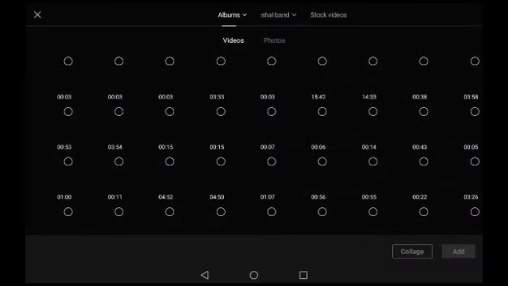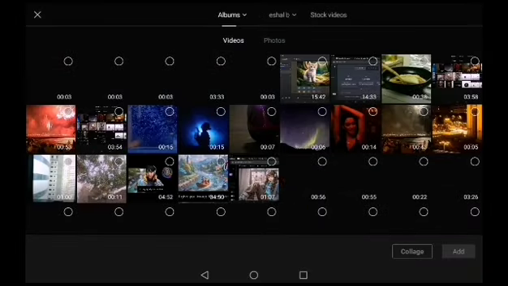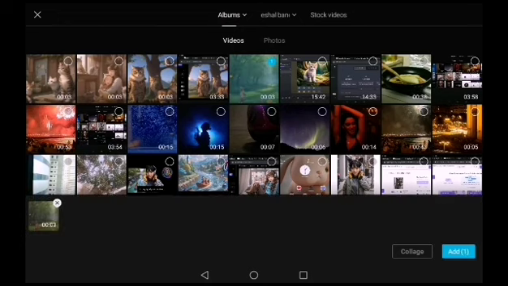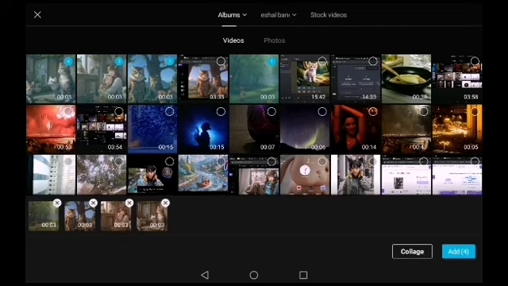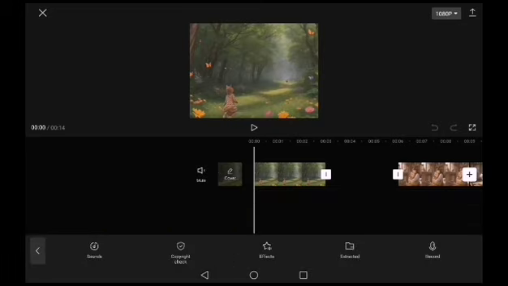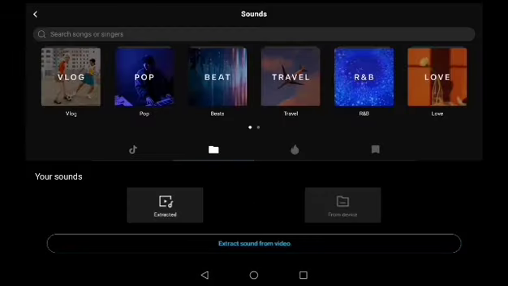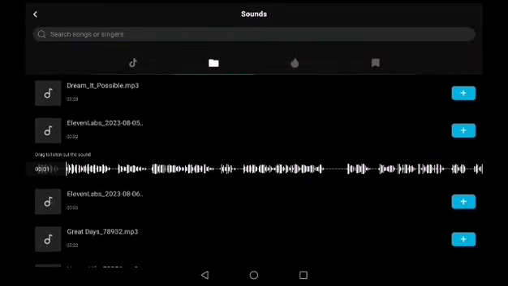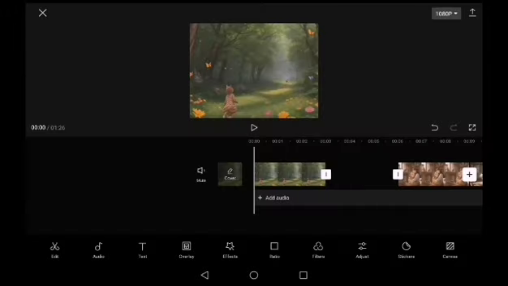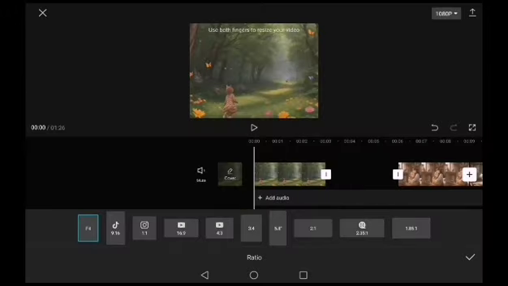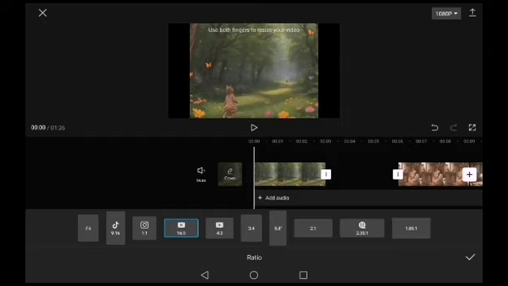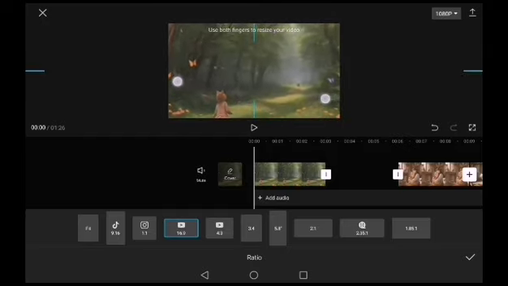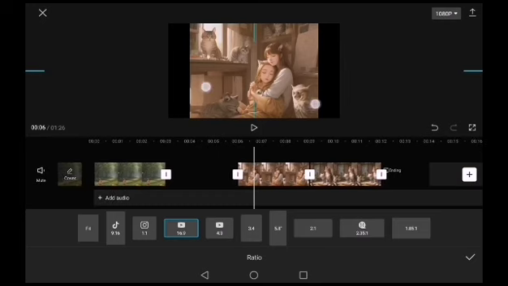Now step 6, compilation in CapCut. We will add the project, add these videos which we have created in Leapix. We are selecting our pictures, select almost all the pictures, and start creating story. Add the audio from 11 Labs which we generated in 11 Labs. Add this audio, make the ratio of YouTube, set it accordingly,